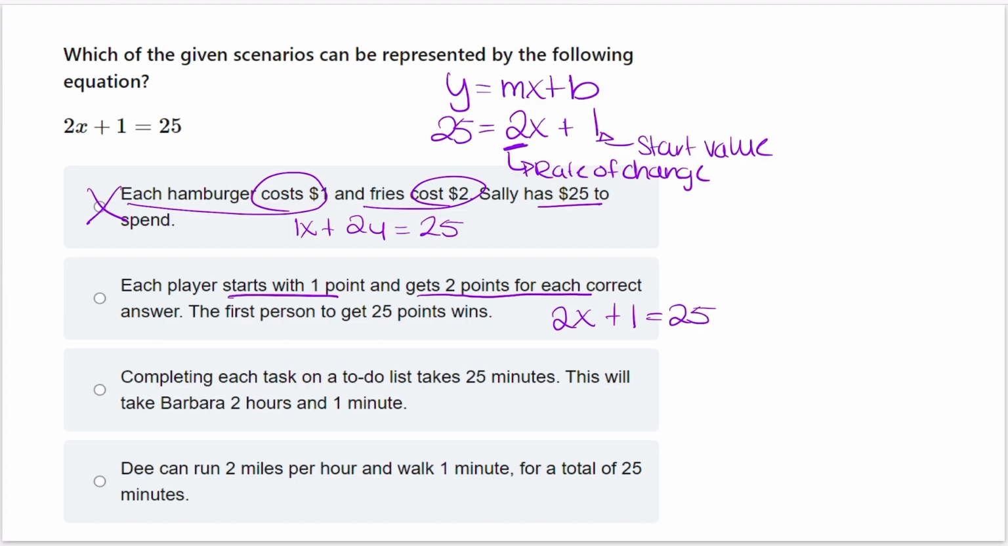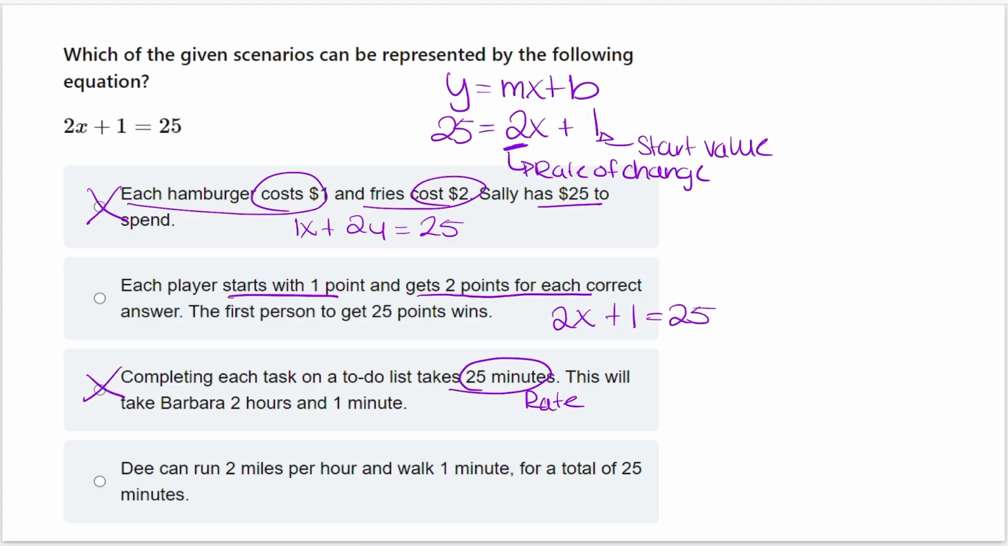just to be sure. Here it says completing each task on a to-do list takes 25 minutes. This will take Barbara 2 hours and 1 minute. So completing each task takes 25 minutes. This is actually going to be our rate of change here, right? So that's actually not even correct in what we're looking for because we're looking for something with a rate of